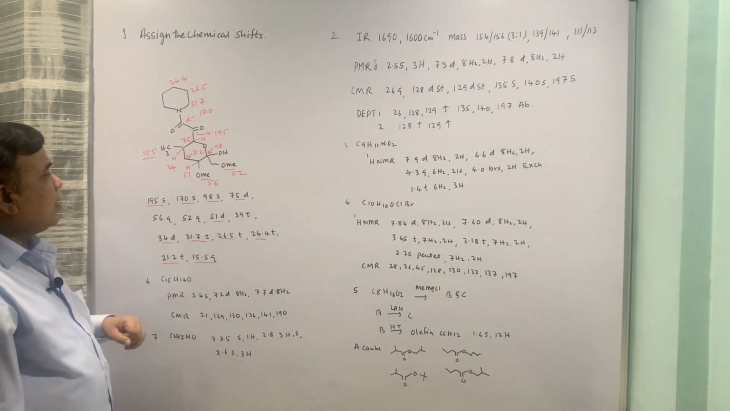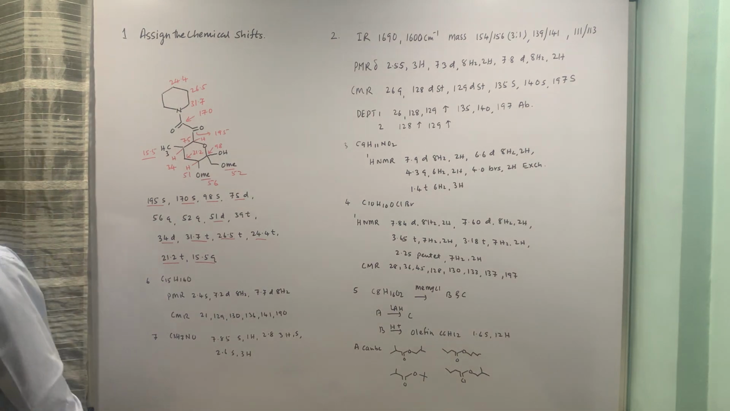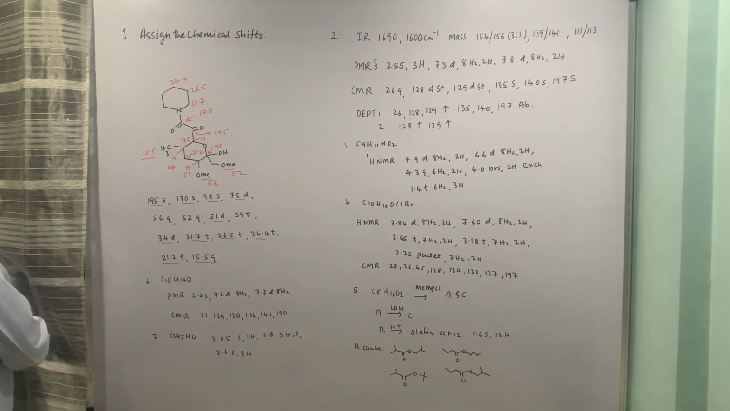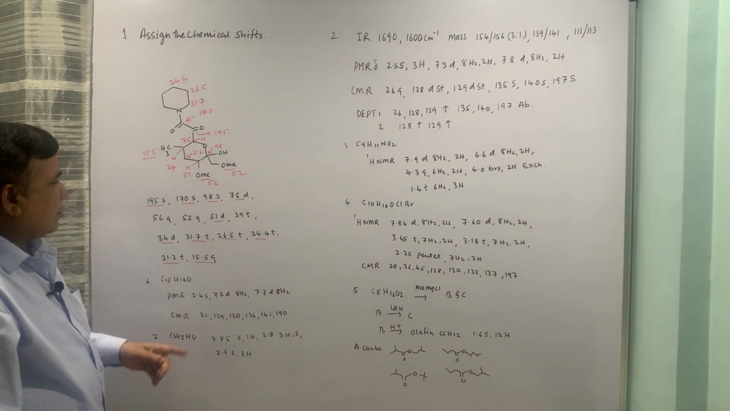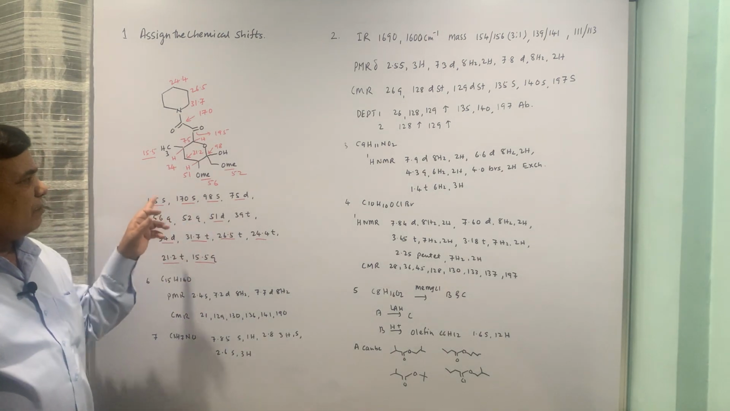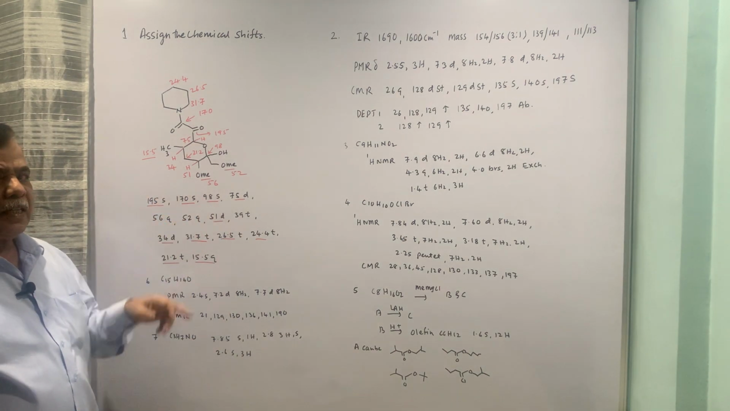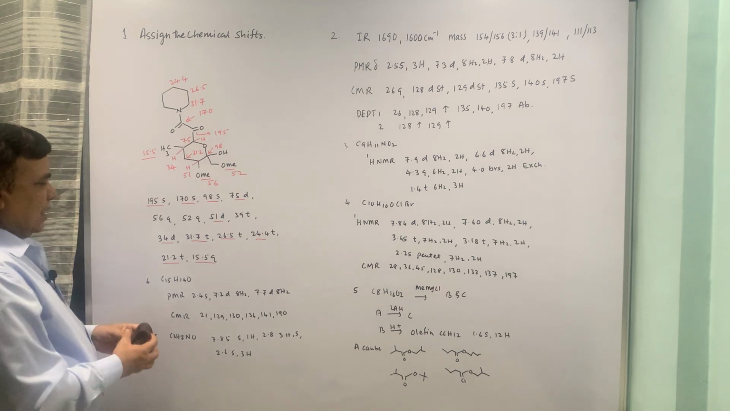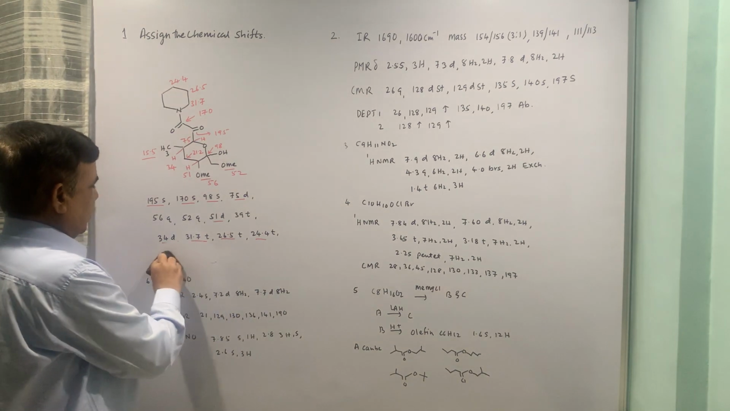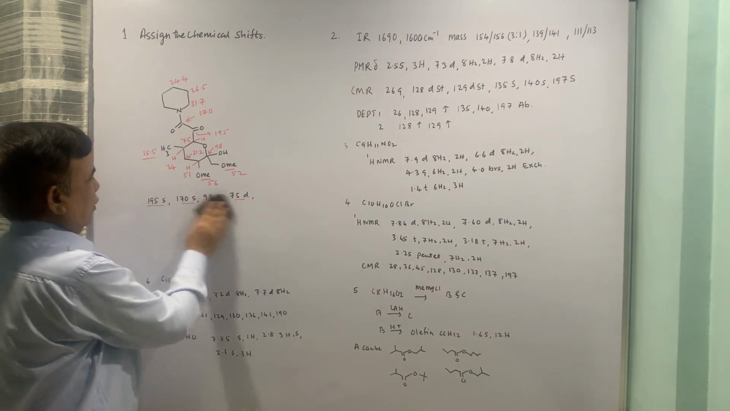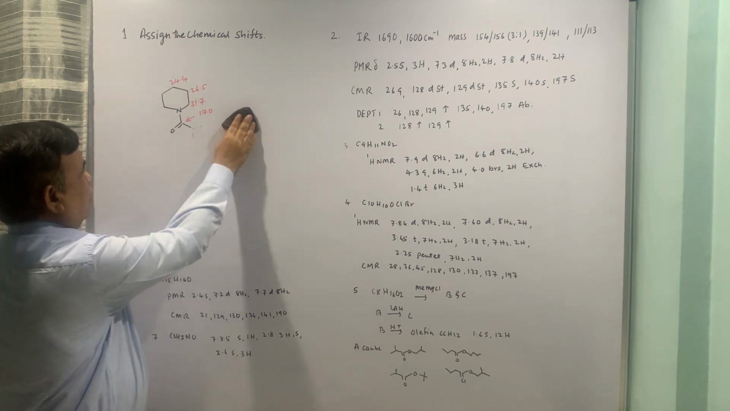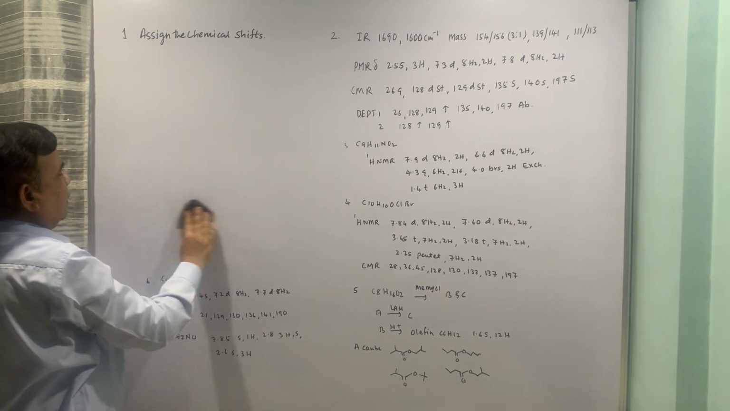So that is the first question, assign the chemical shift for the carbons. You are supposed to put these values, and why this chemical shift is there, that also you are supposed to explain. Only putting the figures will not help you. Okay. Now the second example,